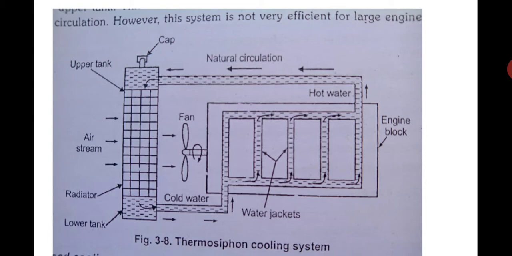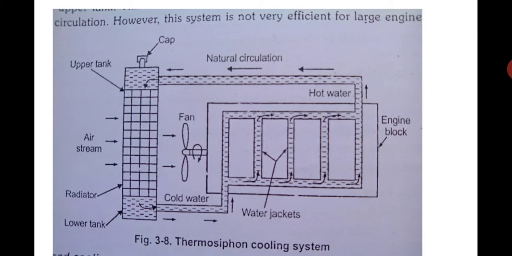Okay, so cold water enters from the bottom, from the radiator, extreme left you have got the radiator. From the radiator, the cold water enters the engine, and as it rises up, the temperature increases. So cold water enters the engine, and when it comes up to the cylinder head and all, it becomes hot water. Okay, this is almost a 4-cylinder engine block shown here, and the hot water goes up due to natural circulation. Here there is no pump, as I said. As the temperature of water increases, its density decreases and it becomes lighter and goes on the top. So this is the principle on which it is working.